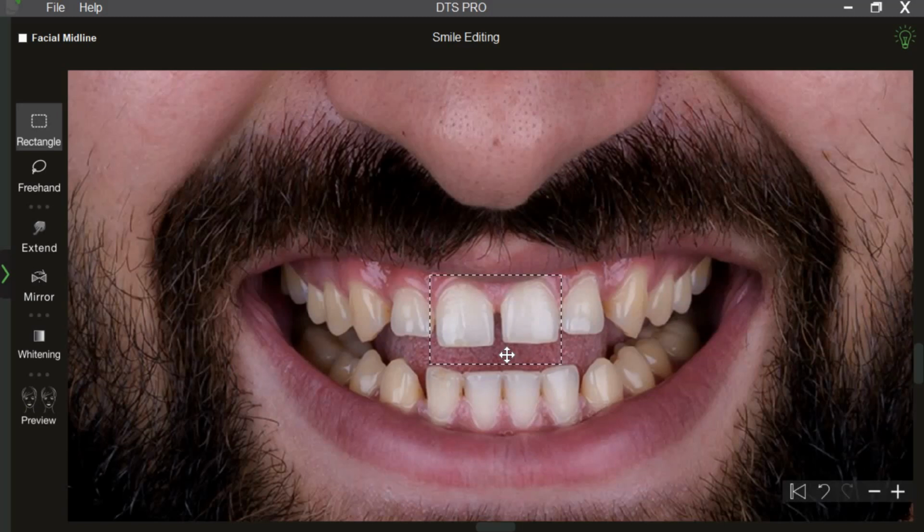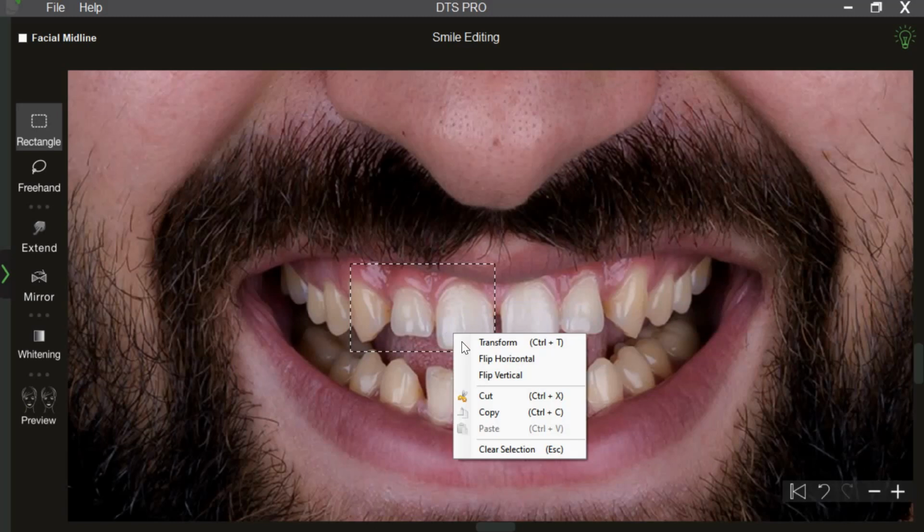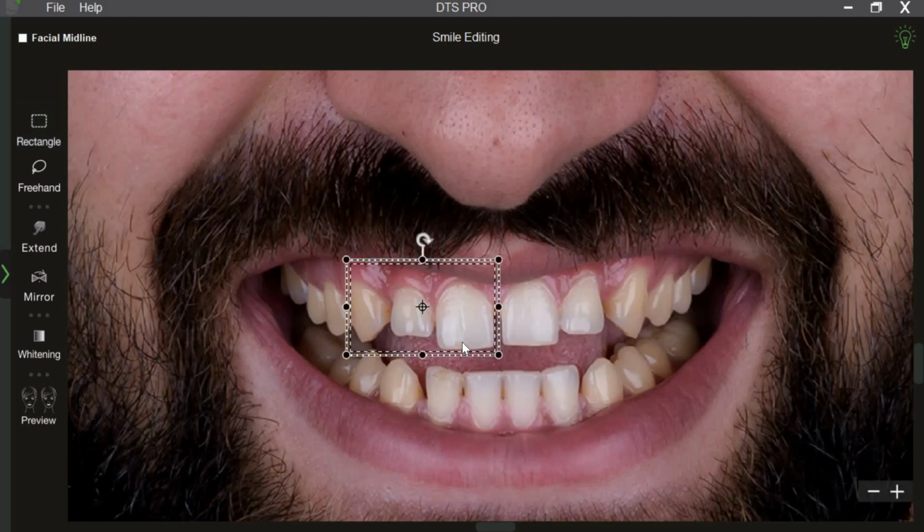The rectangular selection tool can also be used for simulating tooth movements. You can select multiple teeth and simulate orthodontic movements.